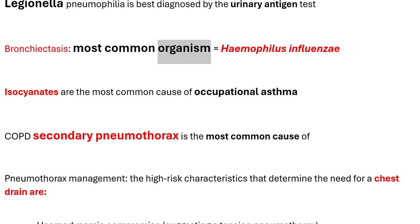Bronchiectasis, most common organism equals Haemophilus influenzae. Isocyanates are the most common cause of occupational asthma. COPD secondary pneumothorax is the most common cause of pneumothorax management. The high-risk characteristics that determine the need for a chest drain are